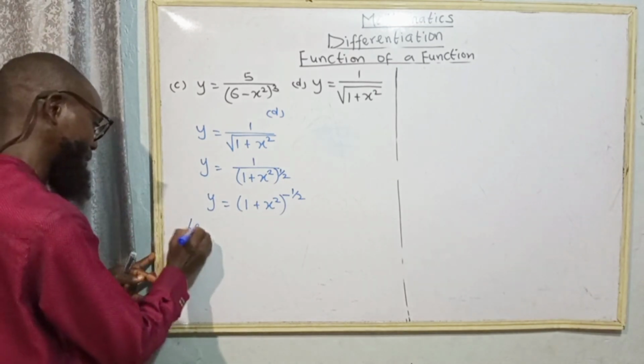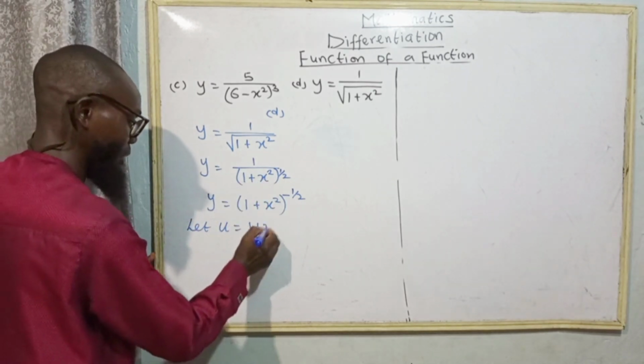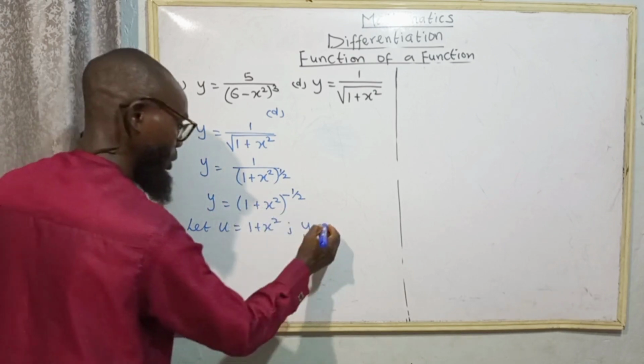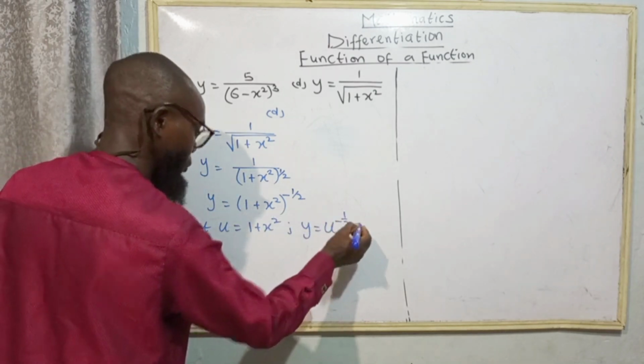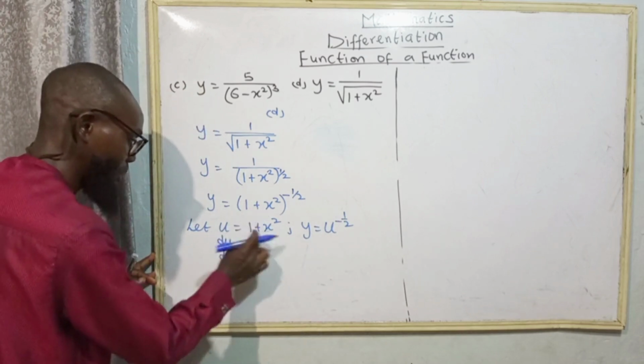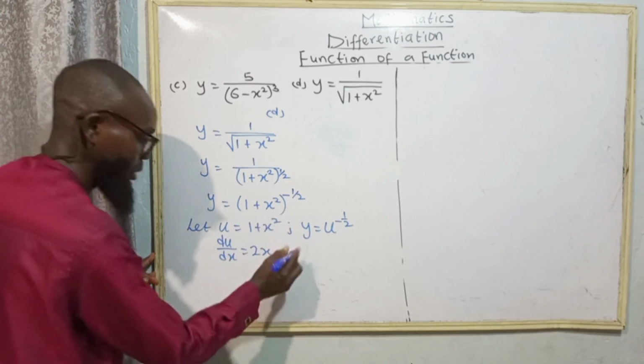Now let u equal anything in the brackets, 1 plus x squared. Then our y will become u raised to power minus 1 over 2. du/dx will equal: this becomes 0, so we have 2x, that is 2 minus 1, we have 1. Then dy